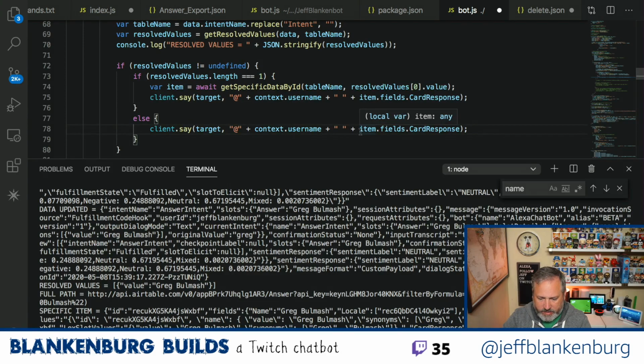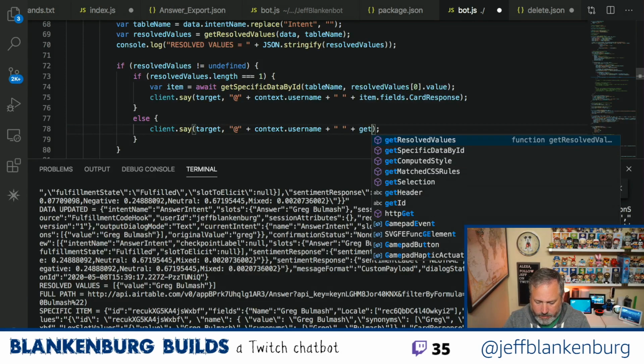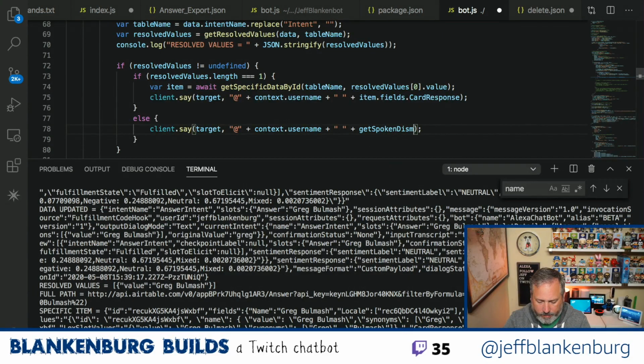Contact username, all that's going to be the same, but this is going to have to be get spoken disambiguation. And what this is going to allow me to do is take the values that I got, these resolve values, and we're going